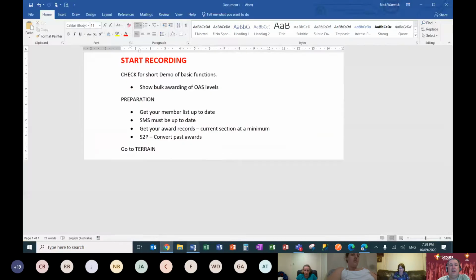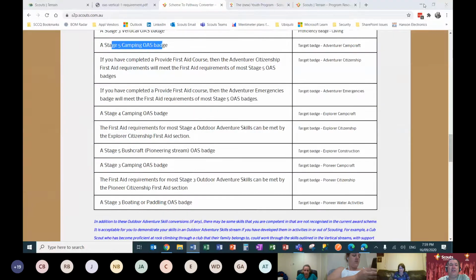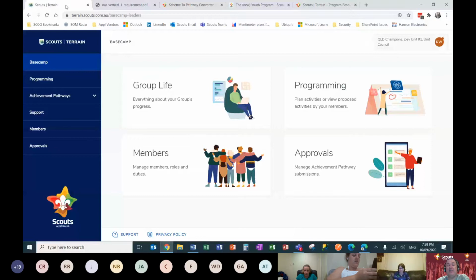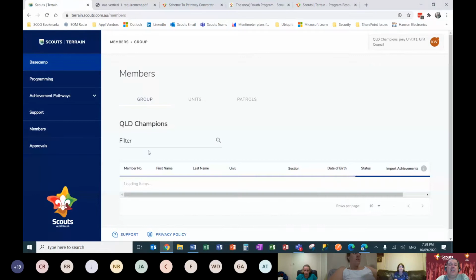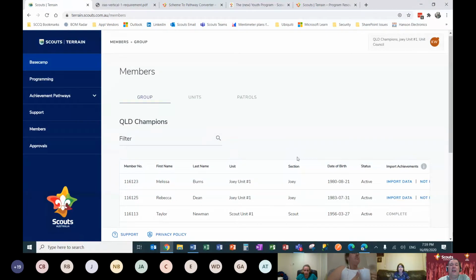So once we've got our list of members, we've got SMS up to date, we now know what awards we've got. I think we're ready to start going into Terrain and actually setting up our unit and start awarding some prior achievements. So to this end, we come into the members part of the menu and we start here